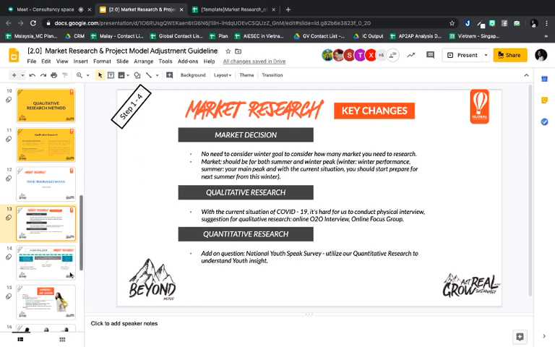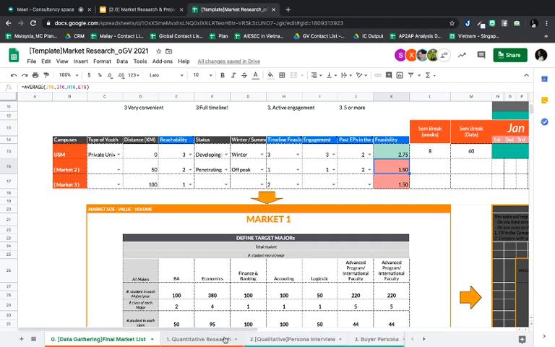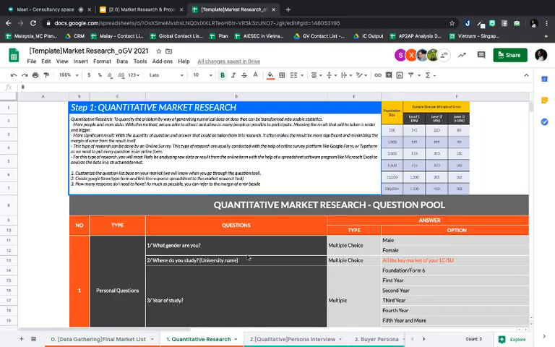And then the second is quantitative research and qualitative research, which I will introduce to you. First of all, we have quantitative research. Normally quantitative research should be the first one, but actually you can do quantitative and qualitative research together.